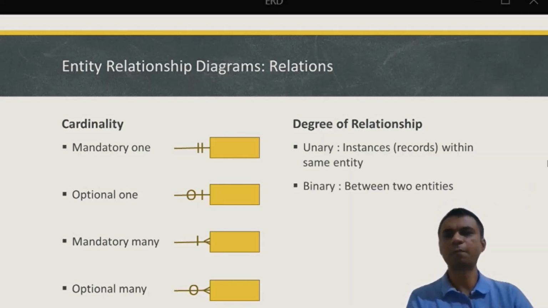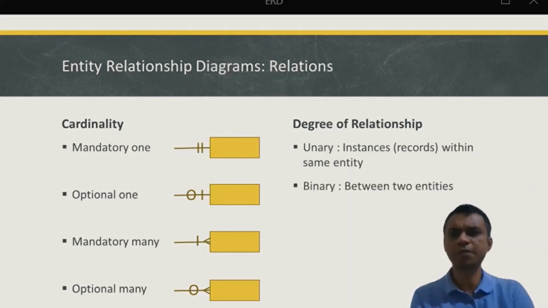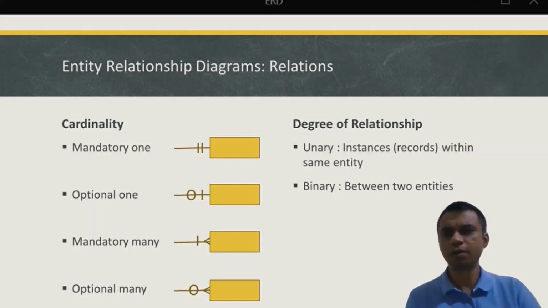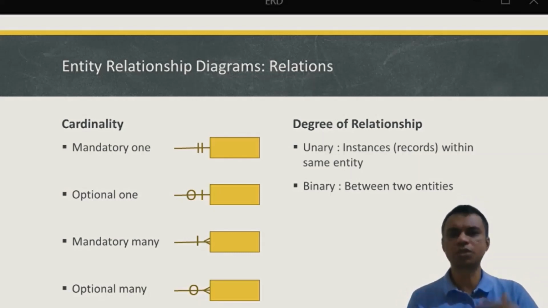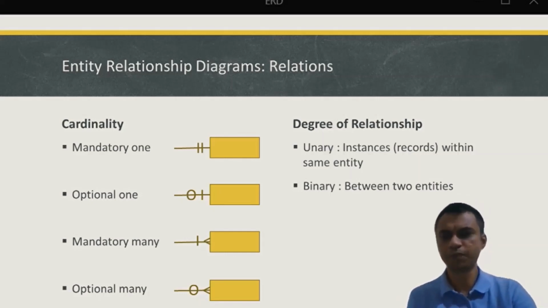Next we'll look at binary. Most of the examples we saw a little while ago regarding the cardinality were binary relationships. For example, the mother and child, or grandparent and child, or a person and the PAN card, or a person and ownership of a vehicle. These are binary relationships, where there are two different entities connecting to each other, which is the most common type of entity relationship that we will look at and worry about in this course.